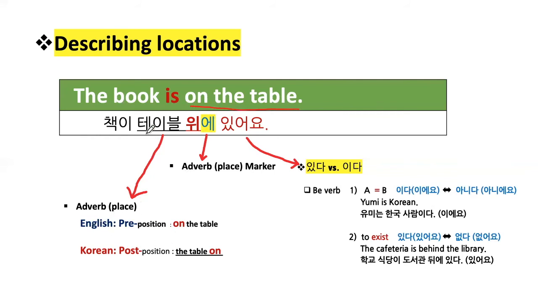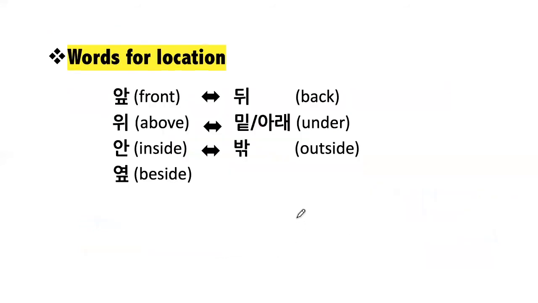Okay? And now let's move on to here. In English, when you are saying the adverb information, we usually put a preposition and then a noun, right? Just like on the table. But in Korean, the order is really the opposite. So the table comes first, and then after that, we put this preposition. So we say that in Korean, there is no preposition. We rather have postposition. So basically, Korean and English have really the opposite sentence order. Everything is opposite, okay?